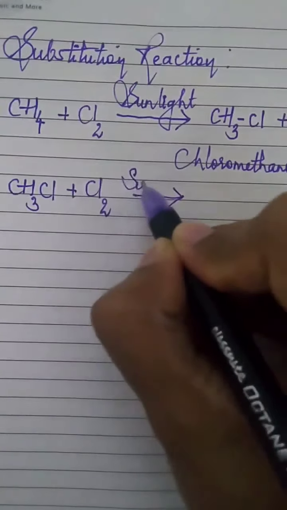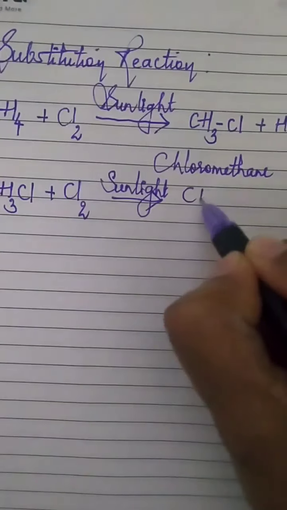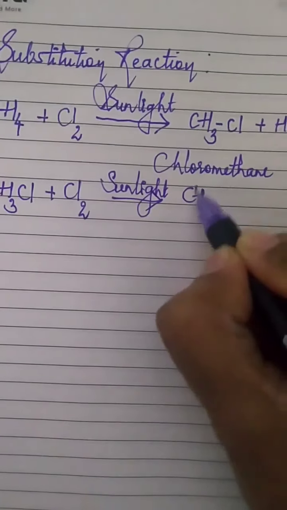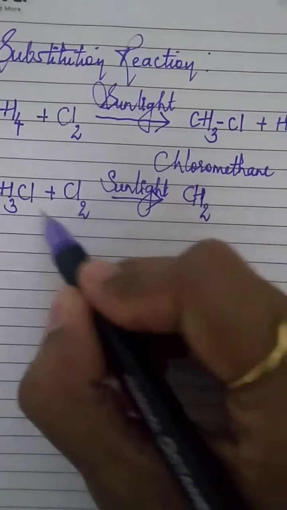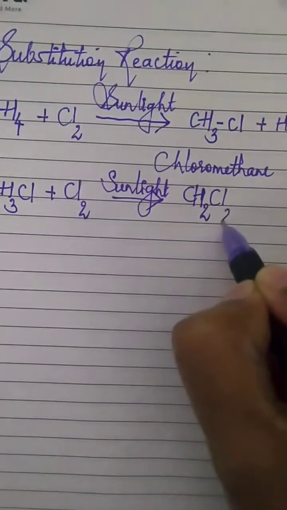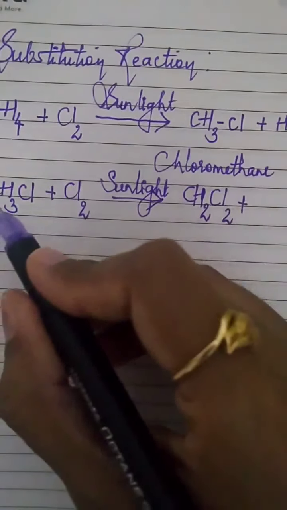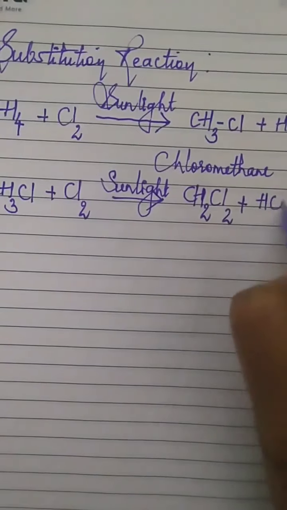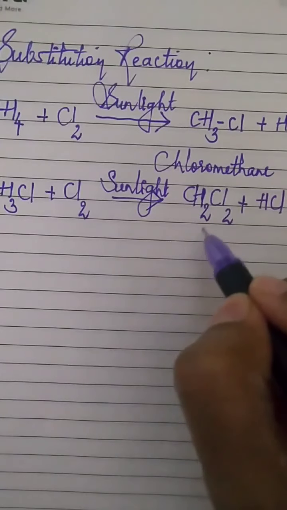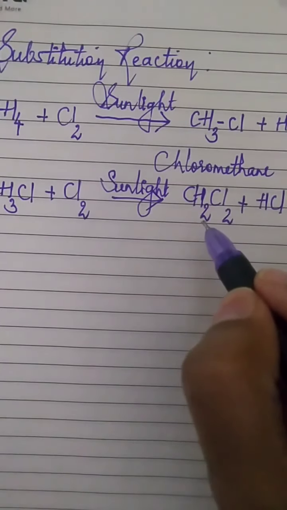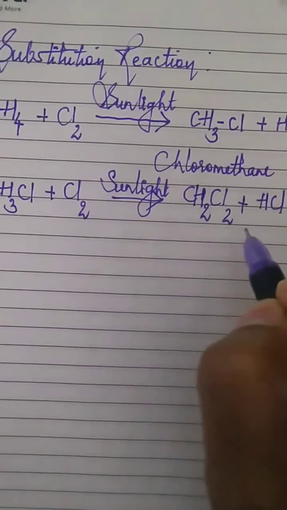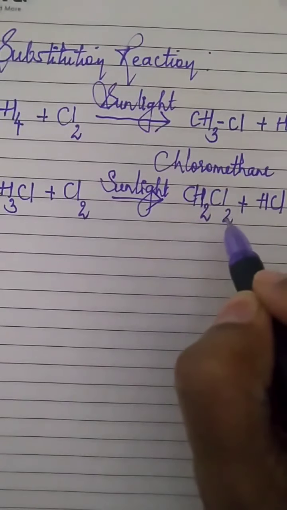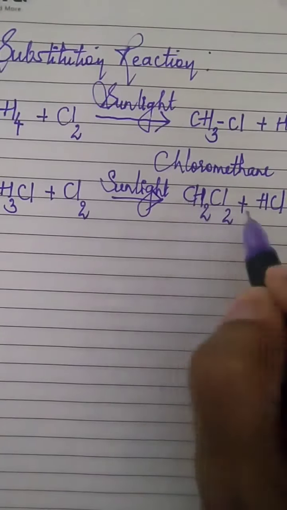You will see the product as, again one hydrogen gone. So CH2, and already you have one chlorine, one more chlorine attached, CH2Cl2, plus यहाँ का एक hydrogen and one chlorine, HCl. Fine. Dichloromethane. That is, this is dichloromethane, one carbon, so methane. Write down the name. Again it will undergo chlorination,